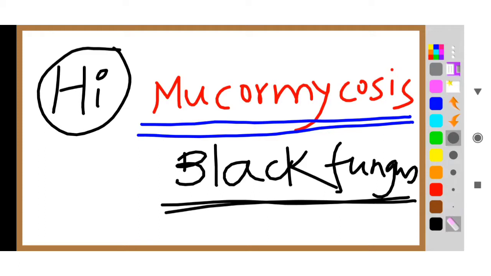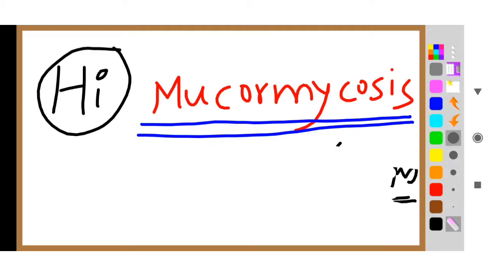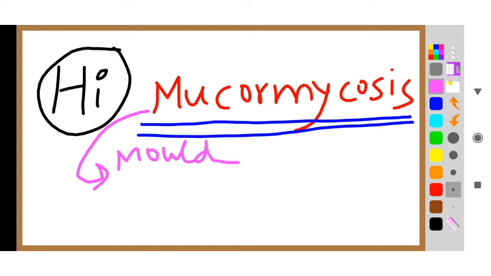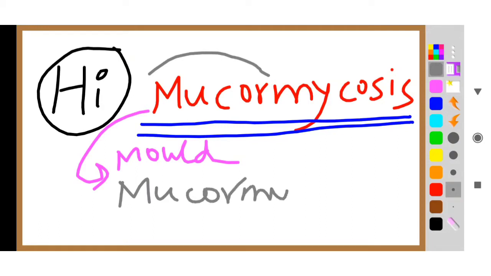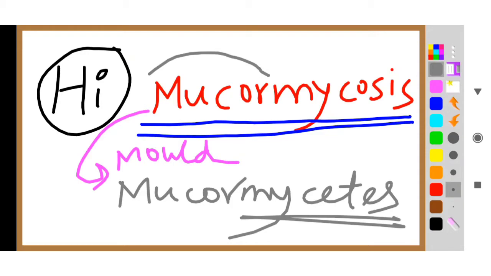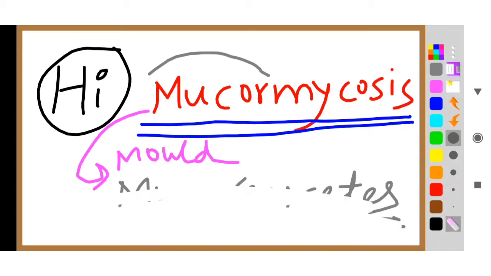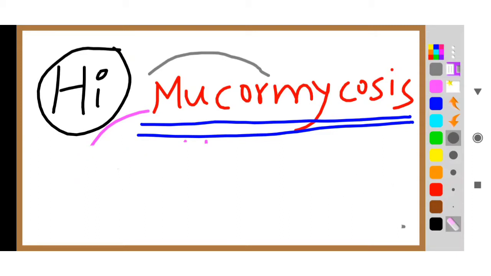And why is the name mucormycosis? Let me explain to you. Let me erase it and then I will explain what is mucormycosis. Now mucormycosis came from a mold, and the name of the mold is Mucormycetes, M-Y-C-E-T-E-S. So Mucormycetes is the mold that causes mucormycosis. So mycosis is the disease, and that is caused by Mucormycetes. Now let me explain what the symptoms are and what is happening in this black fungus